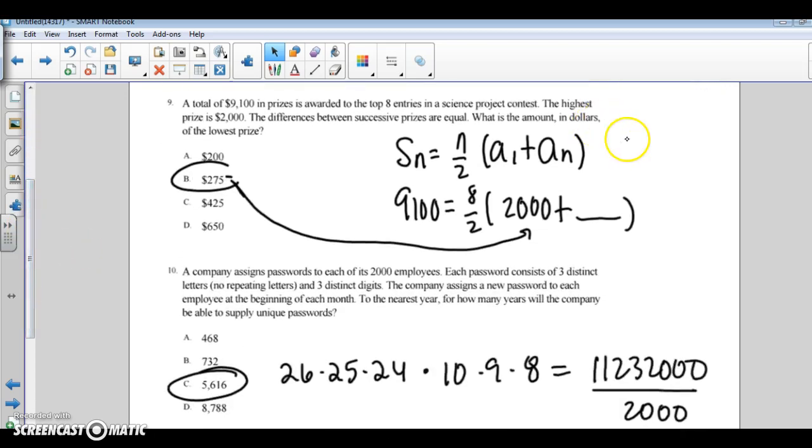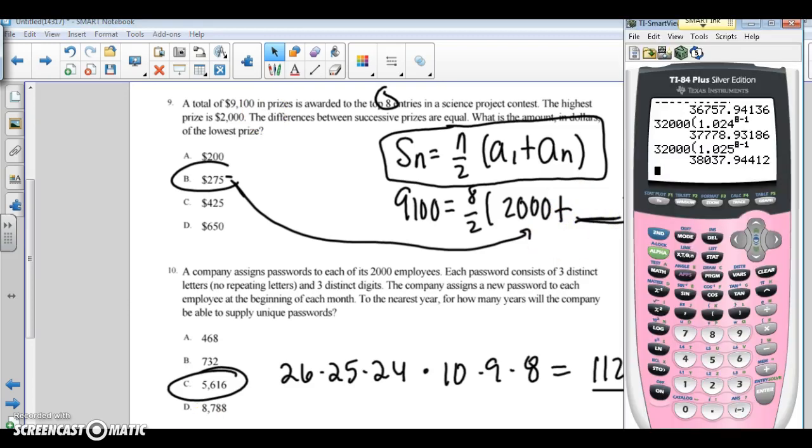Okay. Number 9 is one you can kind of just play with the numbers and write out lists if you want, but there is a formula on your formula sheet that we really didn't do a lot with. That's called a sum, because we did sigmas. But this actually would help you out with this problem probably. So it's the sum of the terms is n over 2, first plus last. Well, we know we have 8 prizes, so it's 8 over 2. The first prize is 2,000, plus you don't know the last. So basically we just want to plug in and see which one gives us